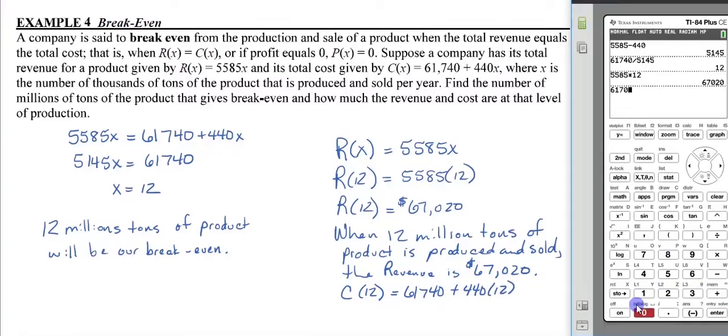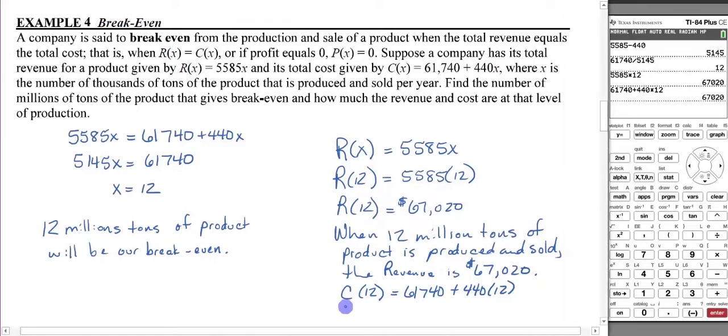We do 61,740 plus 440 times 12 in the calculator, and what do you know? We get the same. That's going to equal 67,020. So $67,020 is the cost